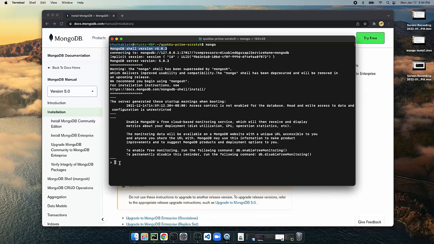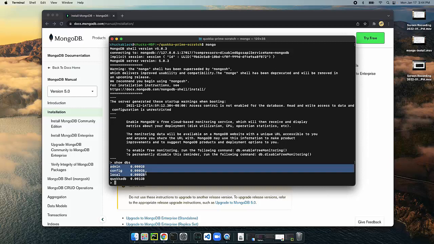Now the commands for Mongo, we're not going to have a detailed discussion of all of these. The documentation is pretty plentiful out there, so you should be able to Google it or look at the Mongo documentation. One thing that we can do here is I'm going to say show dbs. What that's going to do is show me the databases. Now these three databases come for free. And then there's quokka-DB, which I just deleted and then began running with,